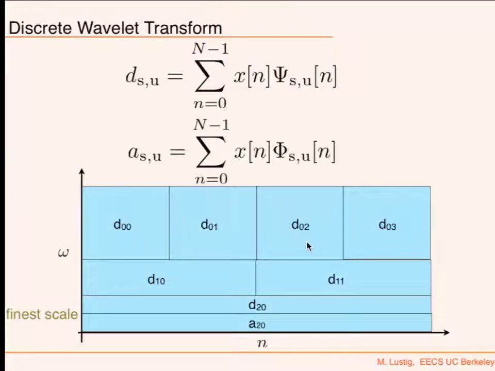All the D0 something, 0 x, and then D1x, and then D2x, and so on and so forth, till we plug with some A in here, in this case approximation, because we put a plug on the scale 2, so it's going to be A2, 0. Okay? So in this case, this would be the finest scale, but we could also stop here.